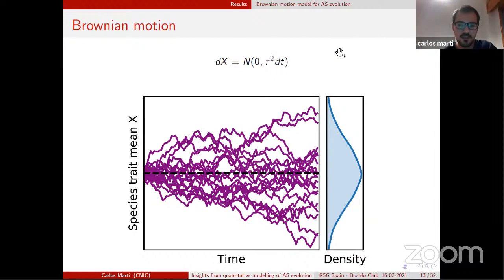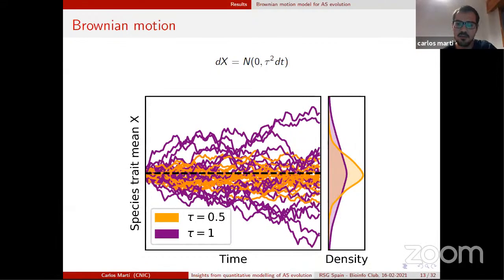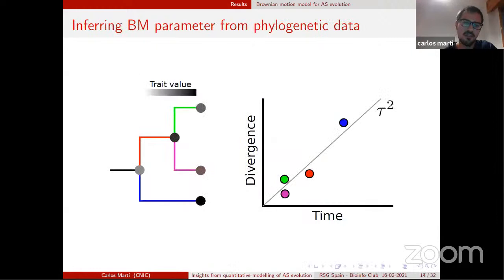Thus, if we have different traits, for instance, different exons that are evolving under different evolutionary rates, we would expect that this distribution may be narrower or wider. And we can use this information to actually infer the evolutionary rate for each exon independently. Now, we don't have lineages that are evolving independently, but we have something that resembles more a phylogenetic tree like this. So to try to analyze this data, we can follow a different approach in which we more or less